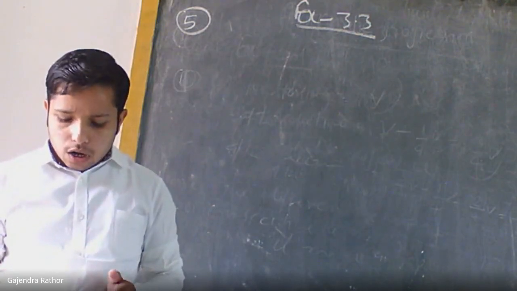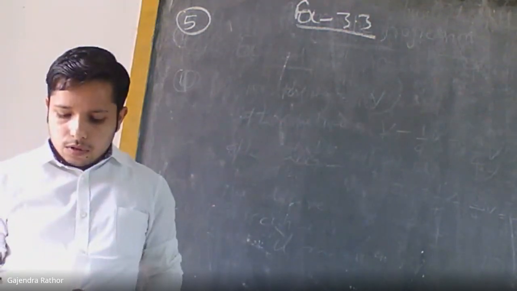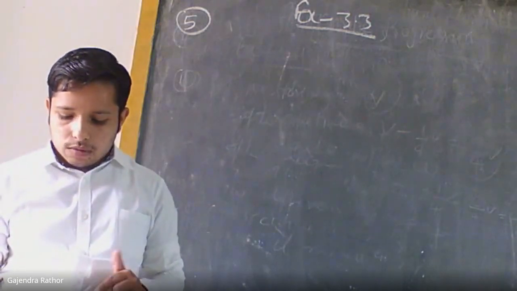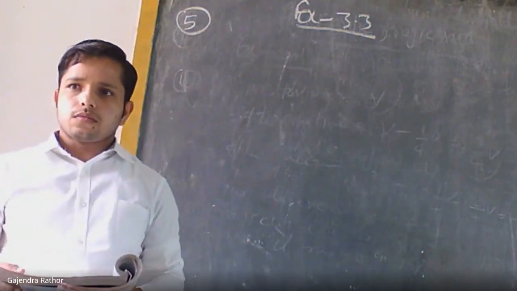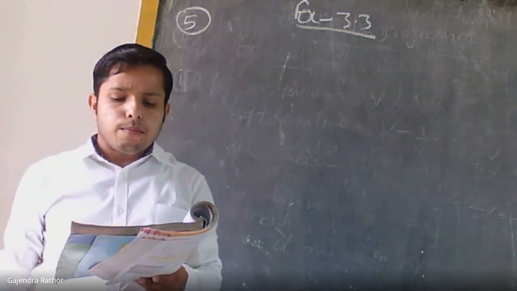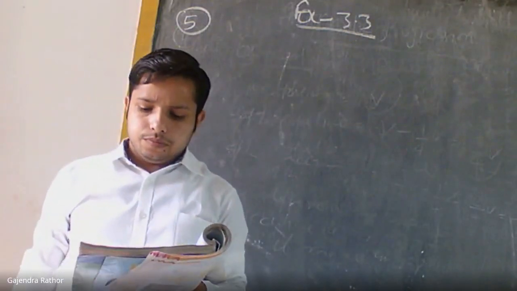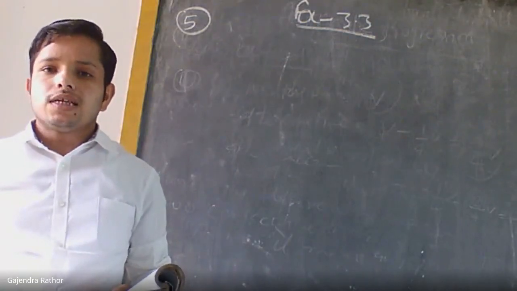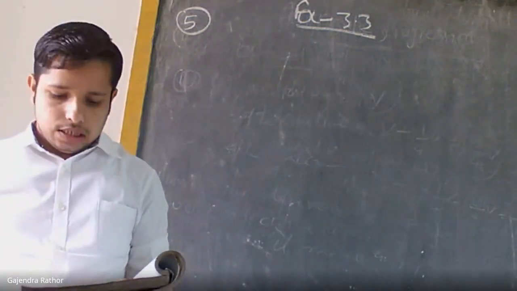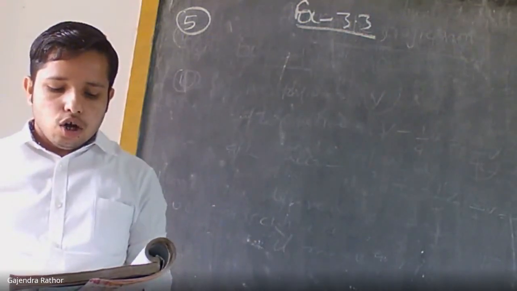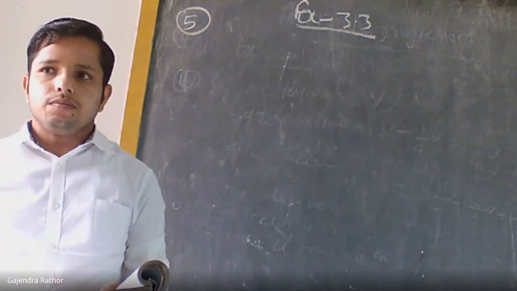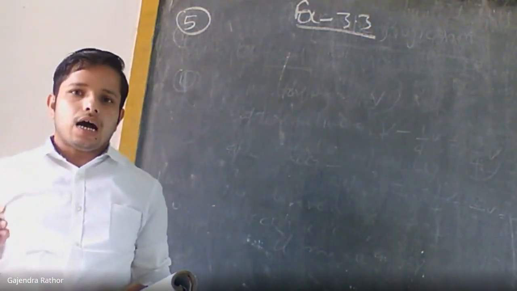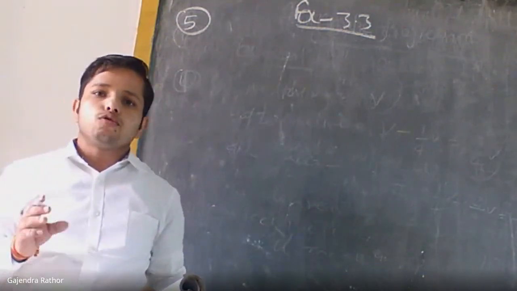The first point is to draw a double bar graph, choosing an appropriate scale. What do you infer from the bar graph? So first we have to draw the bar graph by choosing an appropriate scale. To select the scale, we should observe what is the highest number of frequency. So the highest number of frequency is 1240. So we should select the scale according to this, so that our bar graph will not be too large, it will not be too short.